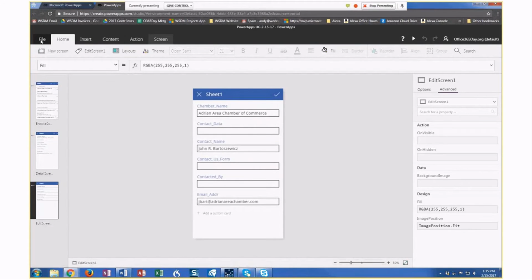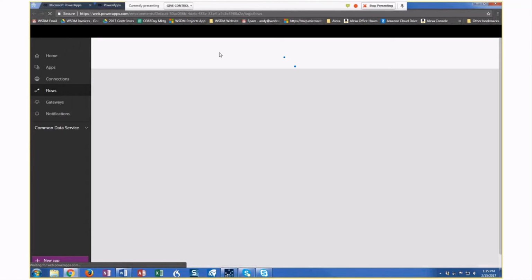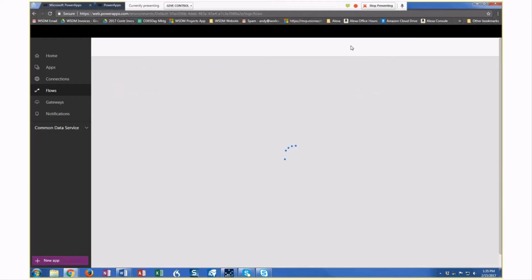Okay, and then next what we're going to do is jump into Flow. So we're going to go back. I'm going to click on File, takes us back here, and we're going to go into Flows here. And within Flows, we're going to create a new one. I've got one here that we're going to kind of replicate. So what I'm going to do is create from blank,